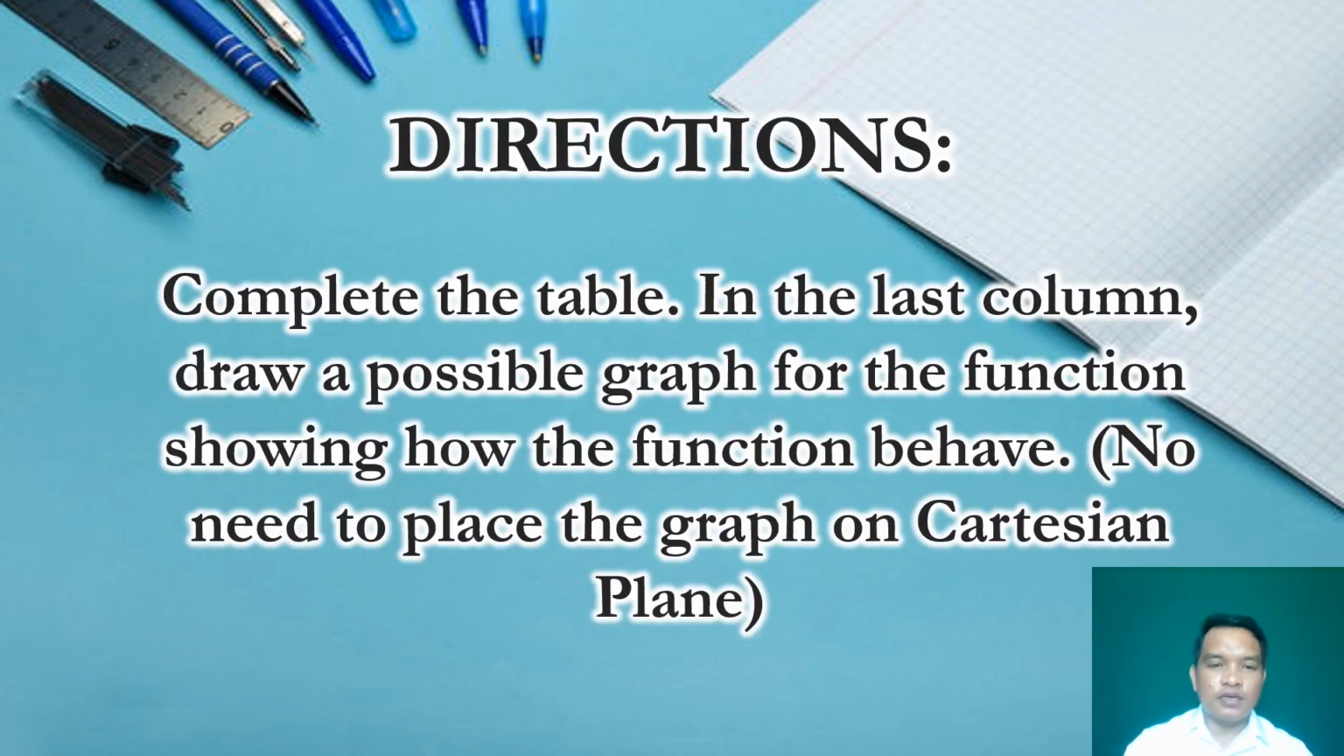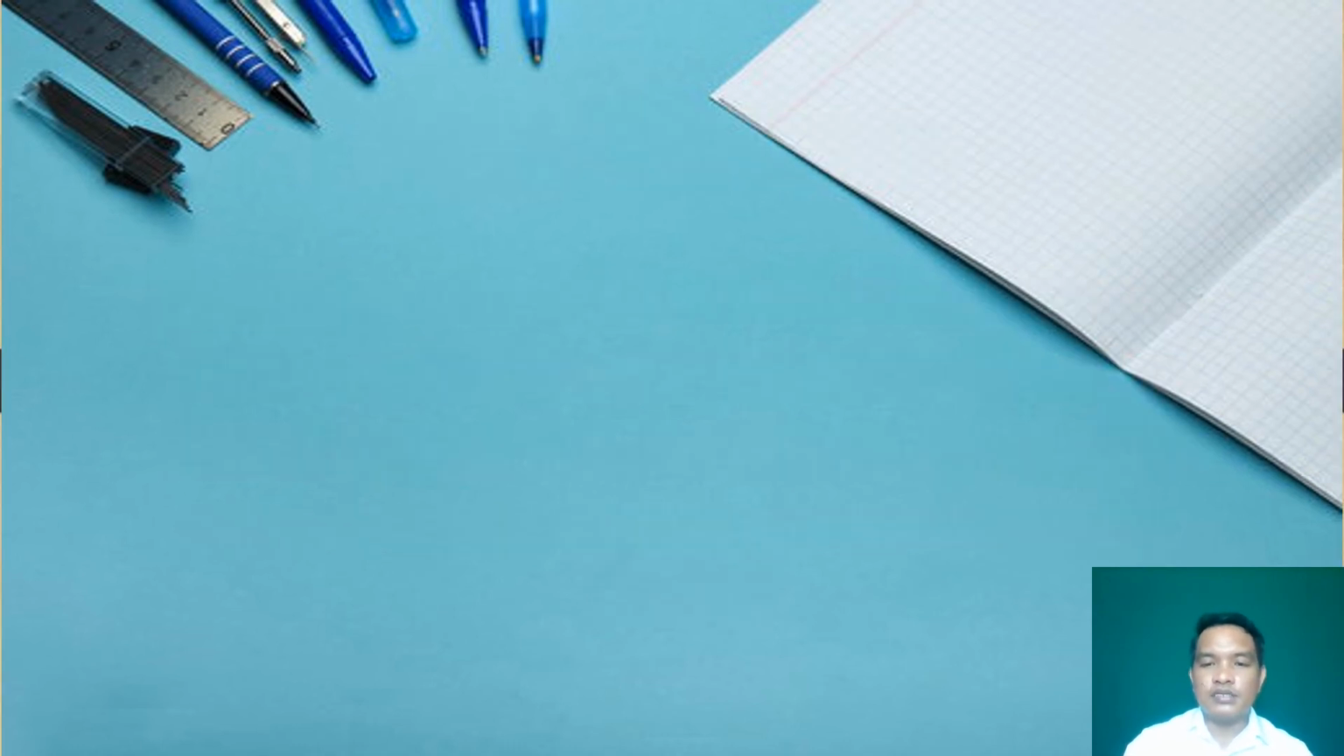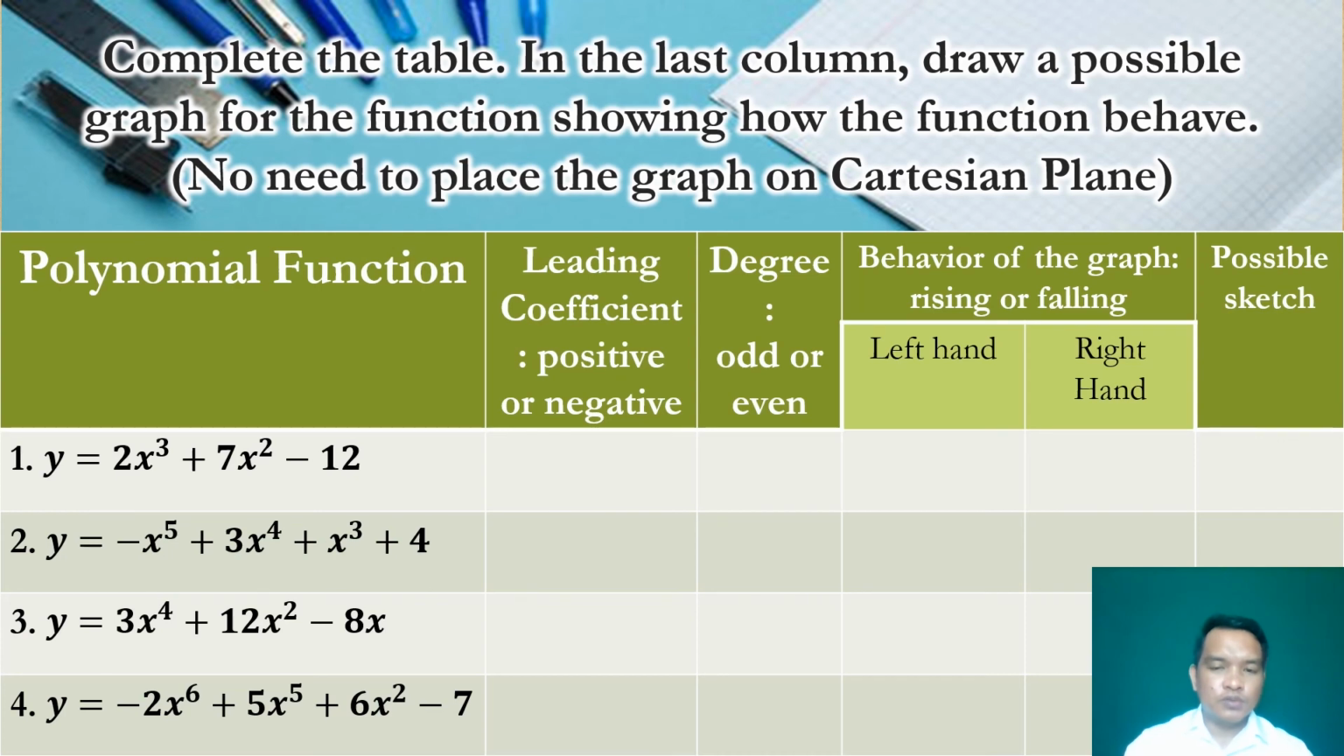Complete the table in the last column. Draw a possible graph from the function showing how the function behaved. No need to place the graph on the Cartesian plane. Doon lamang ilagay sa column. So, on the first column natin, ito yung mga given polynomial function. Second column,